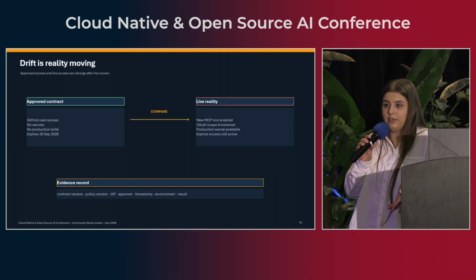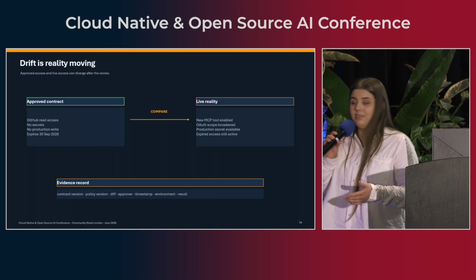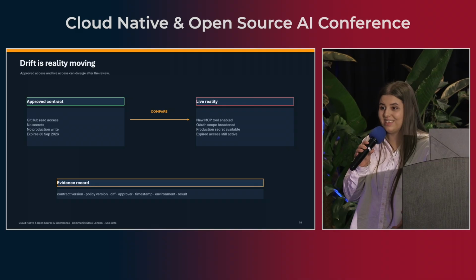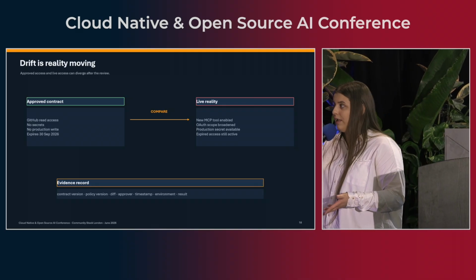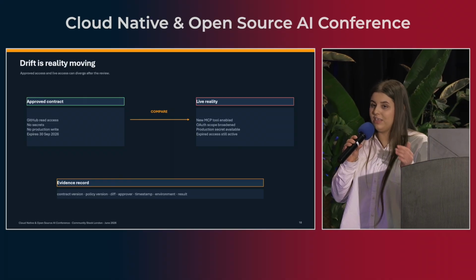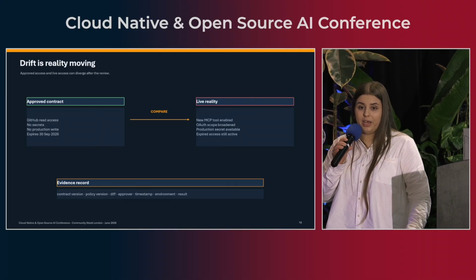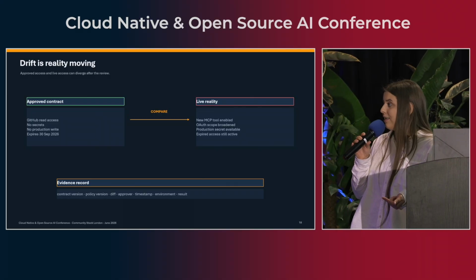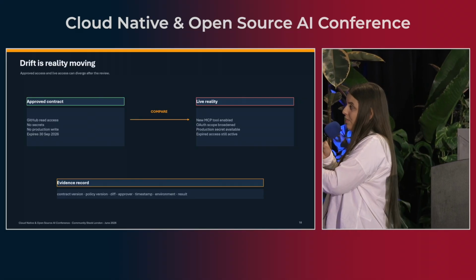In our organization, we have a lot of MCP tooling that takes care of many platform things, like reviewing the PRs and reviewing the policy checks constantly. Every day it would check how much the policy fits what we are doing and how we're doing it, and what new tooling we have implemented, and it triggers the checks. So we need to understand the approved contract and tell it from the live reality.